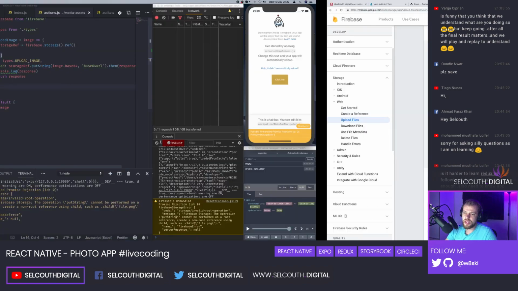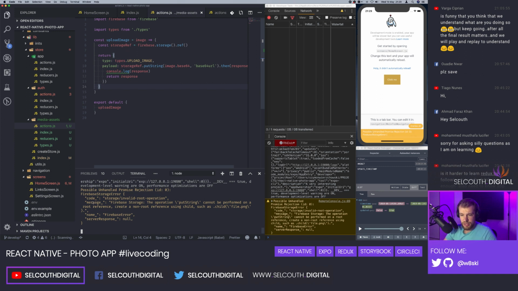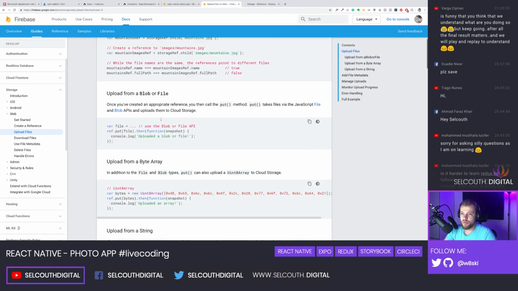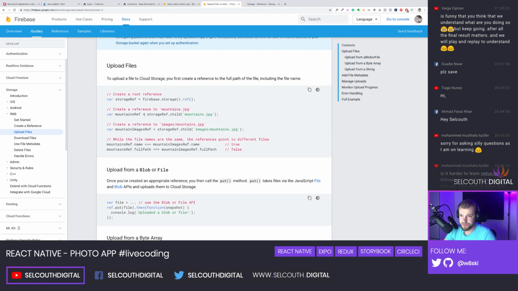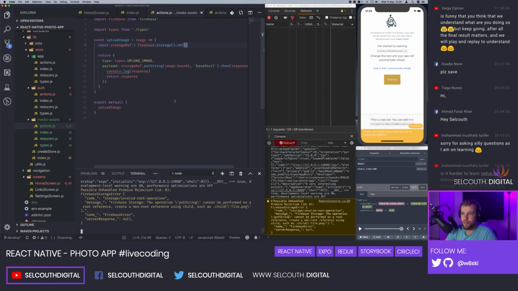Okay, so there is a message saying Firebase Storage: the operation put string cannot be performed on a root reference. And that's because this is the root reference. Create a non-root reference using child, such as .child file name or whatever. So that means we cannot put things on the root references. What we have to do is create a reference to that child, right? We can put a subfolder,